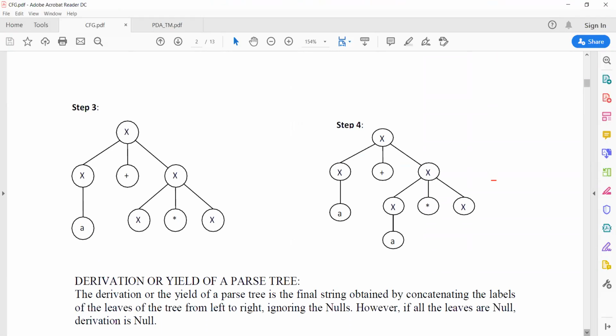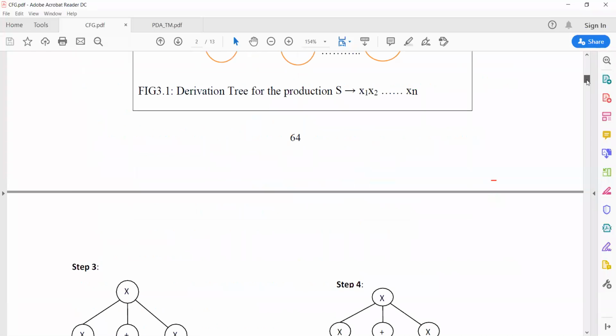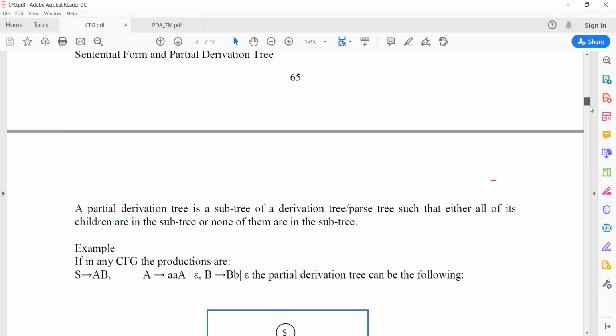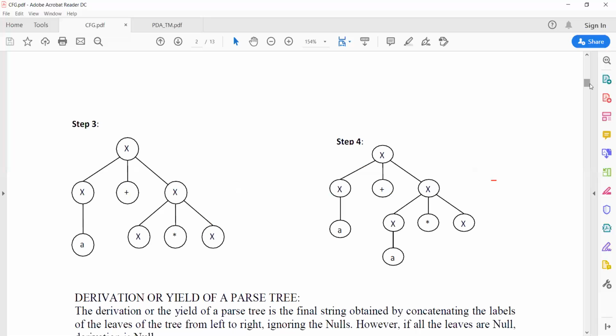Now for example, what are step 1 and 2? Okay, let us first consider what the grammar is. The production rule for a particular problem, I think one page is missing.